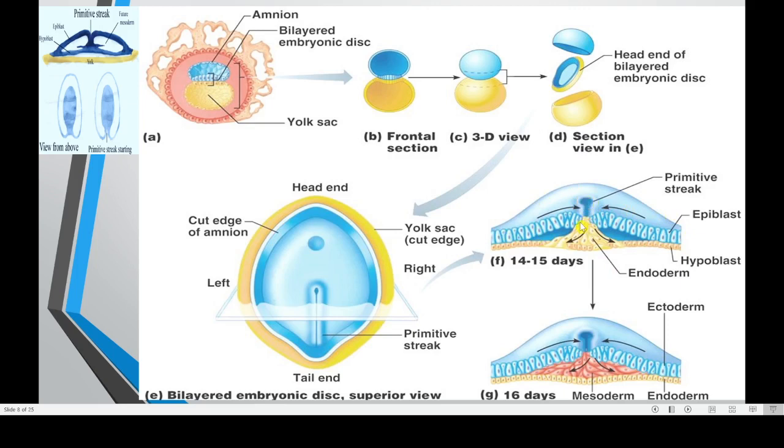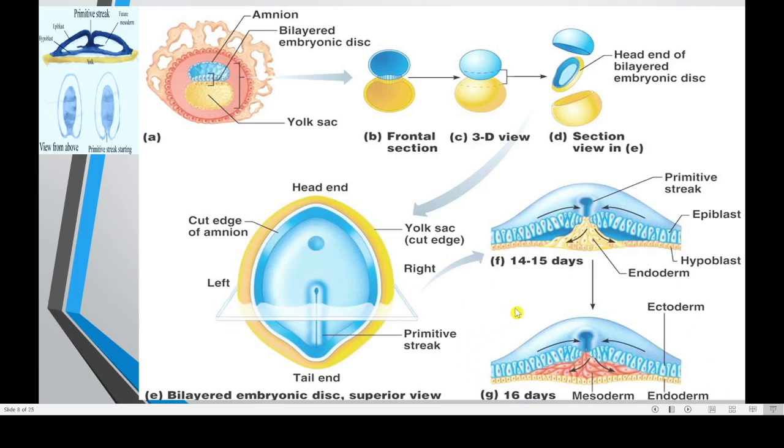And because of the primitive streak, there will be an addition of new cells in between this epiblast and hypoblast. Here you can see new cells are getting added on, and then we will have a third layer called mesoderm. So we got three layers. The upper one is the ectoderm from the epiblast. Then we have a mesoderm, which is a result of this primitive streak. And then we have the endoderm, which has formed from the hypoblast. So this is how we got the three layers here.